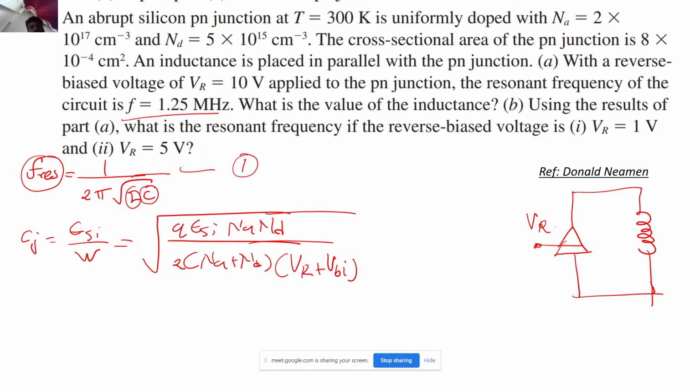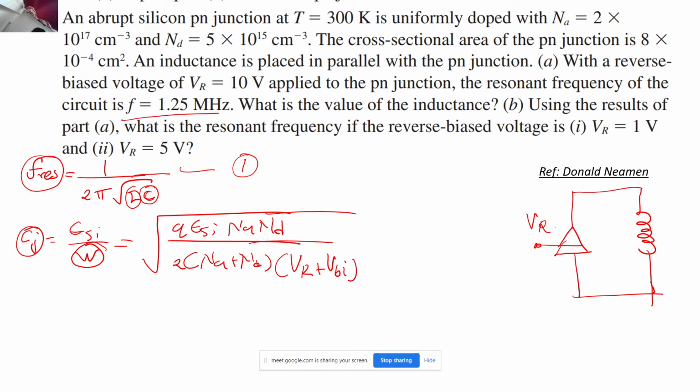Correct. In the case of the varactor, where we use this PN junction for tuning the oscillations, we generally use it in the reverse bias, because in the reverse bias the depletion width increases, right? So this gives us the tunability. As my width changes, my junction capacitance is going to change, and if my junction capacitance changes, then this C in equation number 1 is going to change, and if the C changes, then the resonant frequency changes, right? So this is a simple application of the varactor by using the PN junction in the reverse bias for the LC circuit.